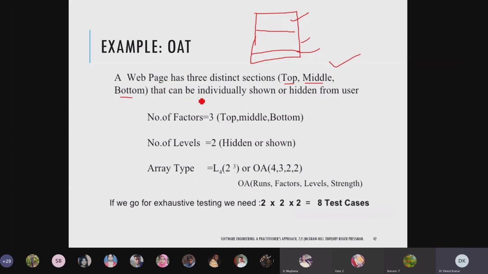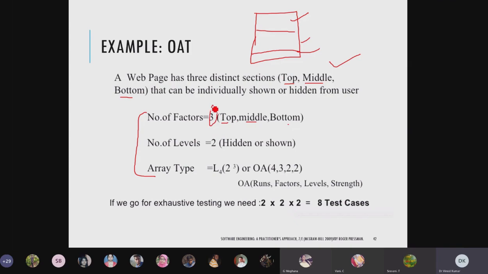These can be individually shown or hidden from the user. We need to find these values. How many factors are there? You have to count. I have 3 factors: top, middle, and bottom.